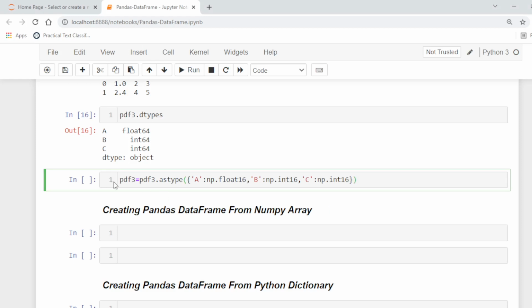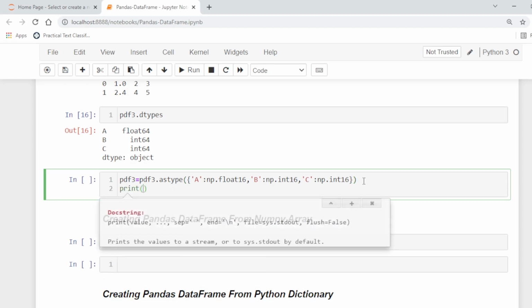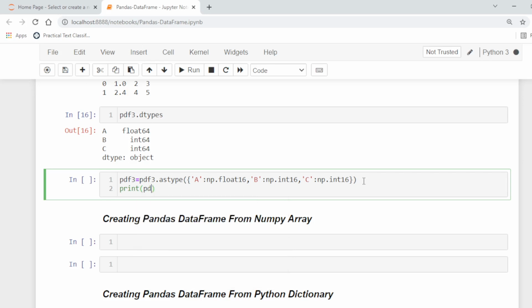Here we are specifying the type float16 for column A, int16 for column B, and int16 for column C. Now to check the data types, pdf3.dtypes.